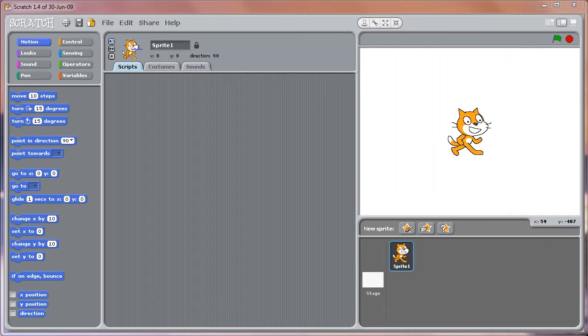In today's video, we're going to make the Hello World problem in Scratch. When you first start Scratch, you should get a window that looks something like this. On the far right hand side, you can see the stage, which is what the user will see in the